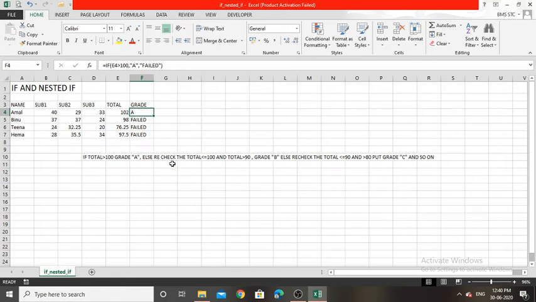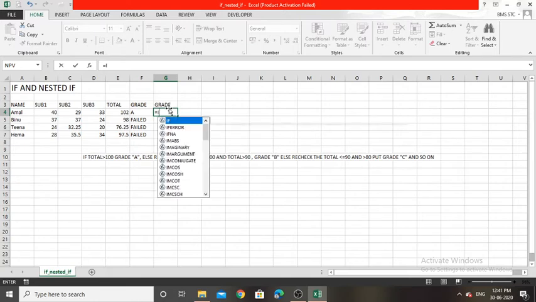Okay, so I am going to change the simple if to a nested if using the given condition. Let's keep the same here. Let's recreate a column again for grade. Here I am going to apply nested if. So I am opening the first if. What was my first condition?